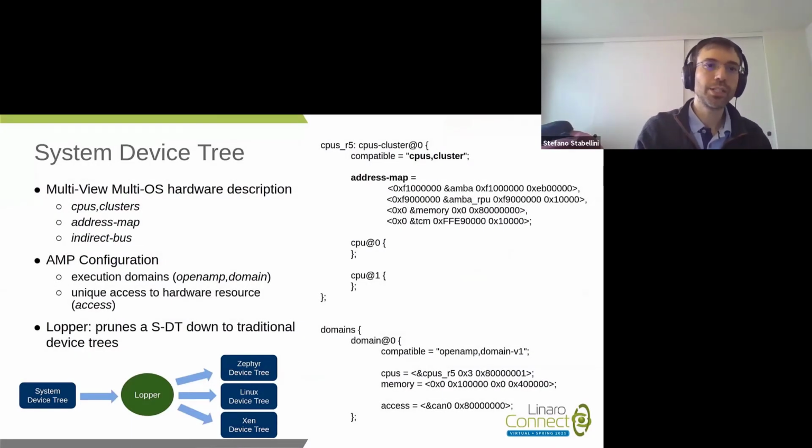System Devicetree addresses these points by expanding on the Devicetree specification that's used to describe hardware for one operating system. System Devicetree describes a whole SoC for multiple operating systems. So it can describe an SoC with 2 or more CPU clusters. For instance, a Cortex-A cluster where an OS like Linux runs, and a Cortex-R cluster where an RTOS is running. It does so by introducing CPU cluster nodes, and you can see an example on the top right side of